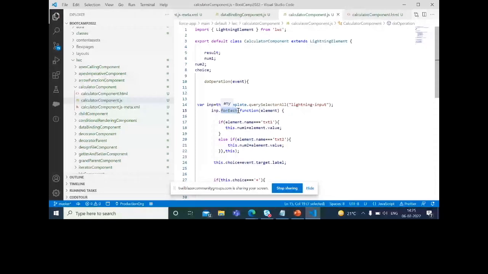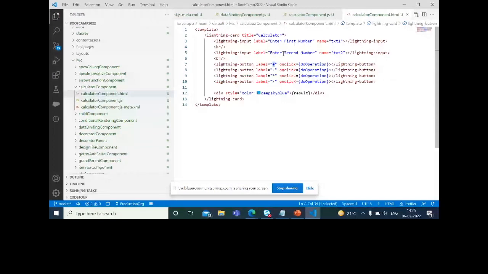This forEach loop will receive a function type parameter, and this element will refer to the elements in the collection. There are two elements in the collection for now. This is like a local variable working on that collection, and it is checking the name. In my first text box I have given the name txt1, and in my second text box I have given the name txt2.